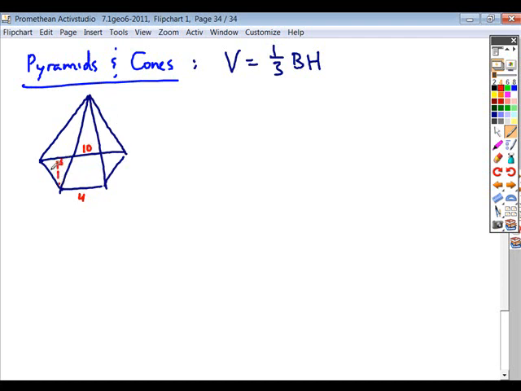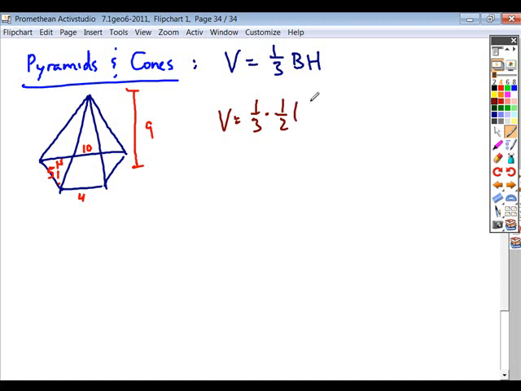I'll usually use dashed lines to indicate altitudes of two-dimensional figures. So the height of this trapezoid itself is 5. If we are working through to solve for the volume here, we get 1/3. The area is the shape of a trapezoid, so what is the area formula that I'll use? Trapezoid is